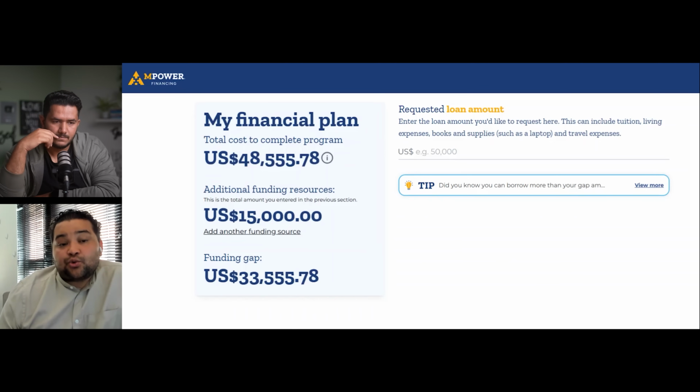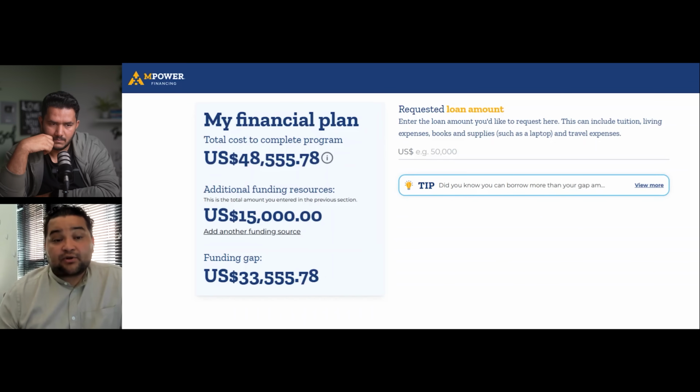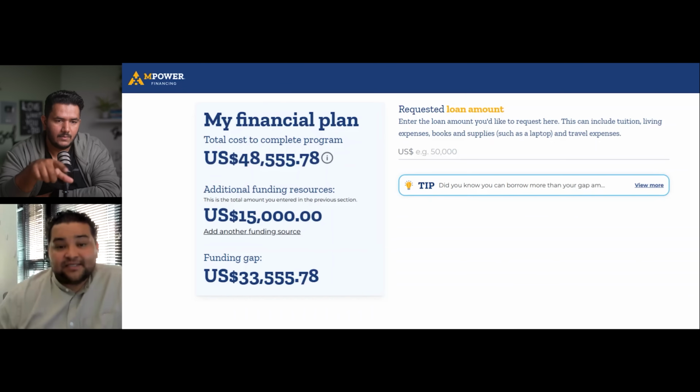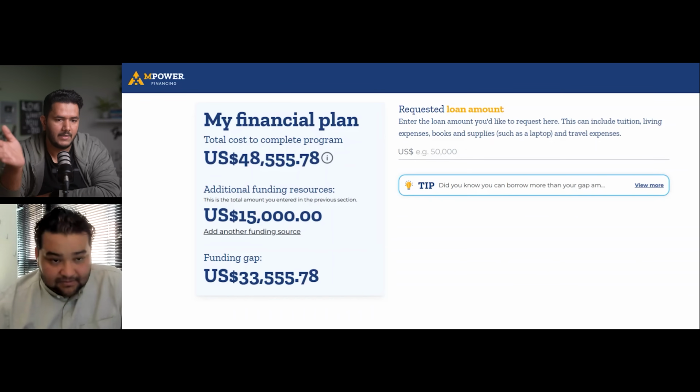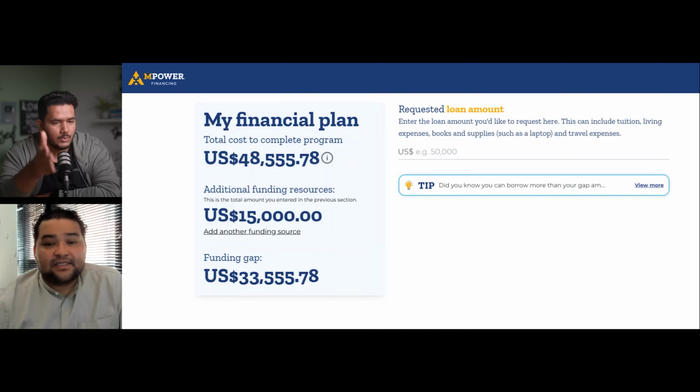Because this is where you would want to request the full funds that you're going to use, not only to cover your tuition, but this is where you would also want to request the funds that you're going to need to cover your living expenses as well. Because this one is more tuition fee. So it says total cost to complete program, but it's more tuition fees,